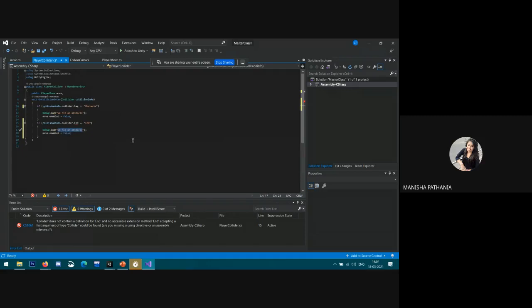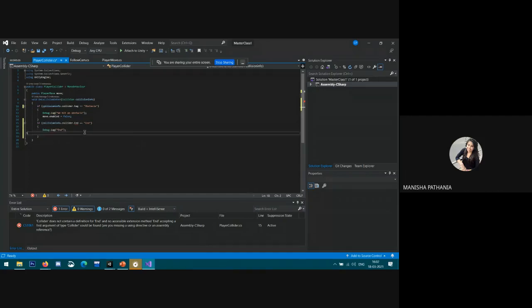For that purpose I just want to load my scene again. When the player collides with this end game object, the game will end and it will load the scene again from the starting level.